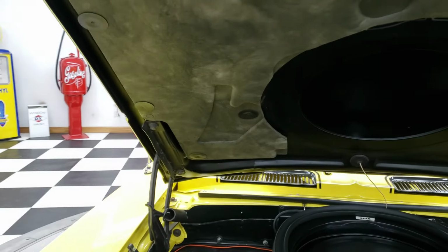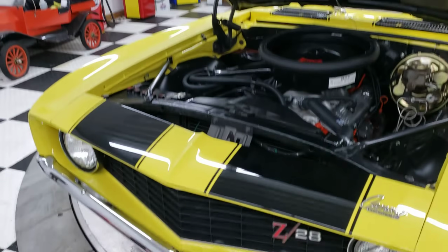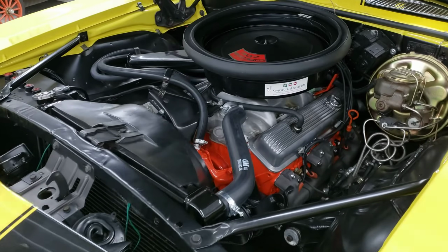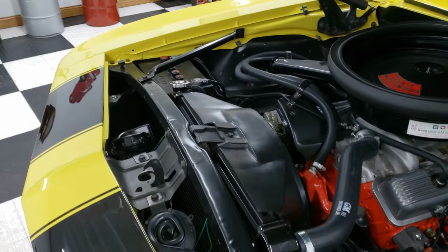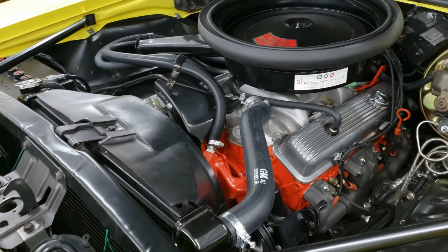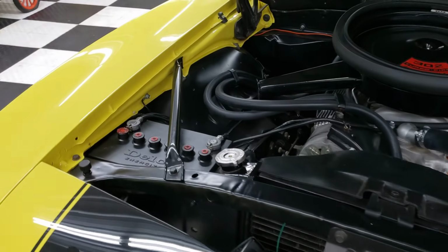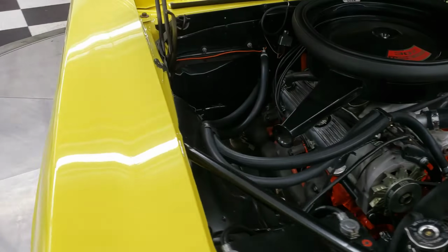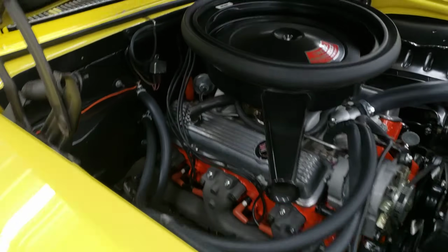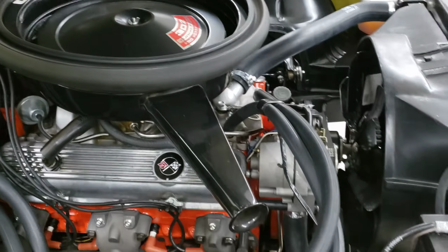You have to start lifting weights for some of these classic cars in their hoods, I'll tell you that. All right, there's the engine. So like I said, original 302 engine in it. It was completely rebuilt in 2012. Has a Holley carburetor on it, which was restored. I believe it's got the original intake manifolds as well. I'm not positive on that, but